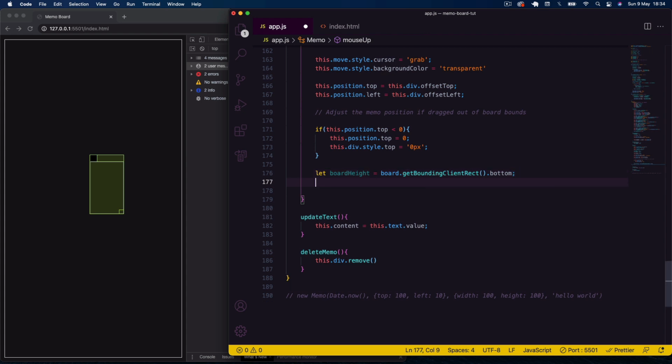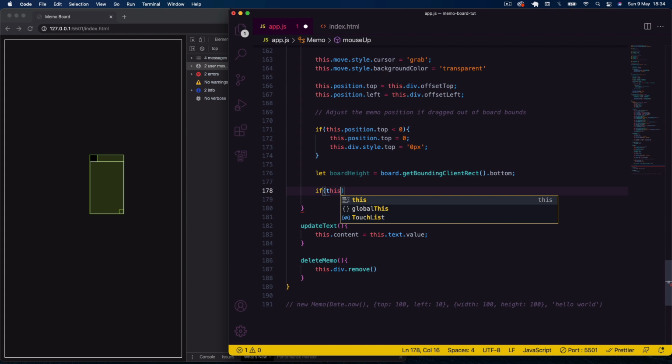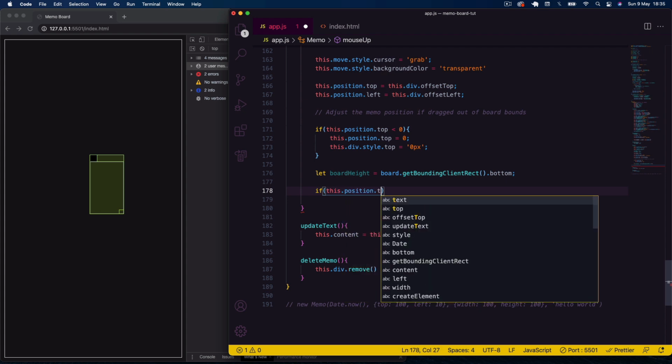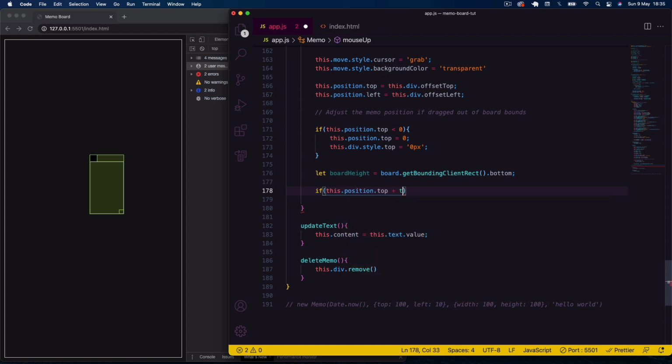And then here, if this dot position dot top plus this dot size dot height, remember we need to take the height of the memo into consideration because this is the top and then this is the bottom, so we need to see if this bottom is going beyond the bottom of our board, so that's why we're adding this dot size dot height. If that is greater than the board height,